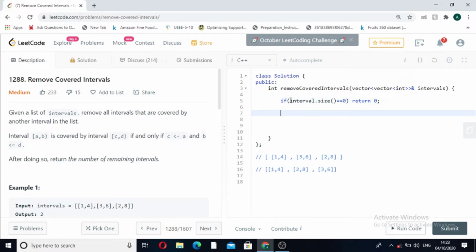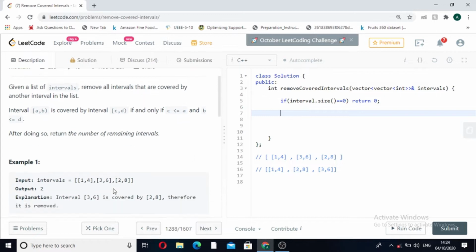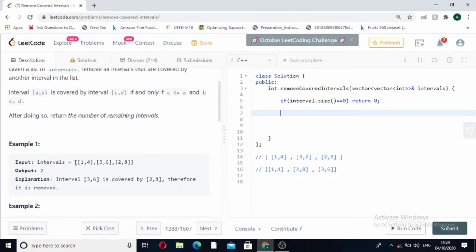Now why have we written this base case? Because we are sure that when our program reaches below this if condition, our input array will have at least one interval. If it consists of one interval, that means our count will be 1. The least possible is 1.